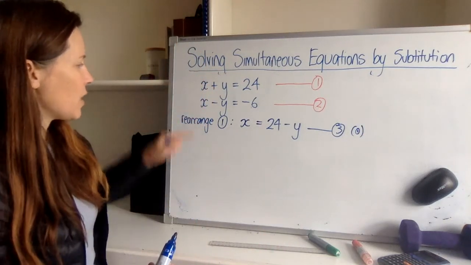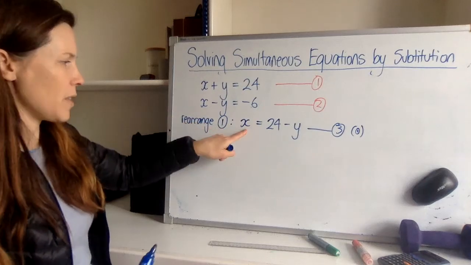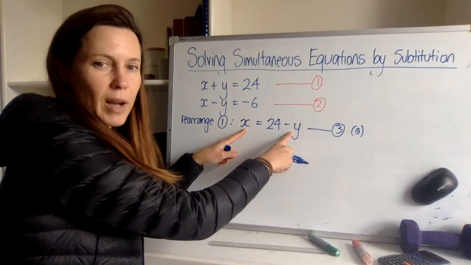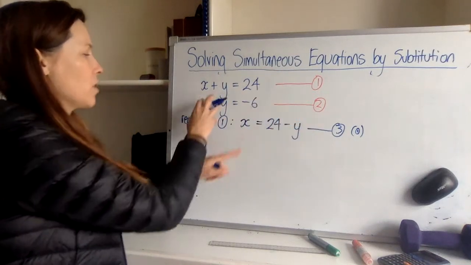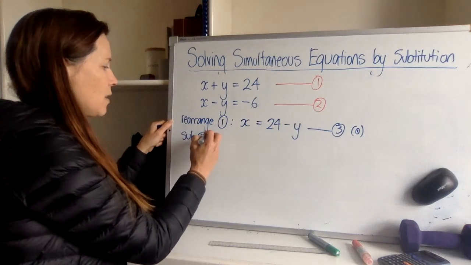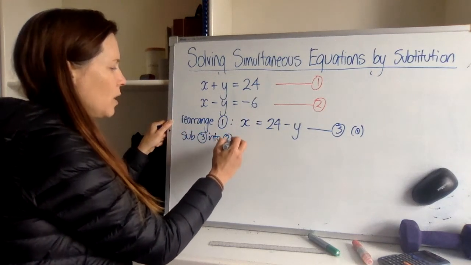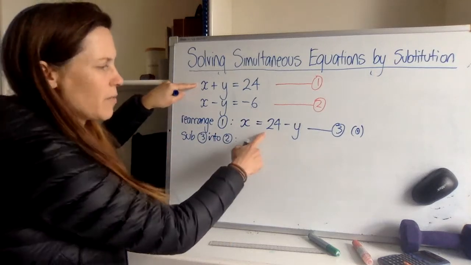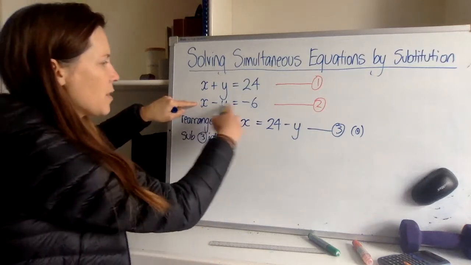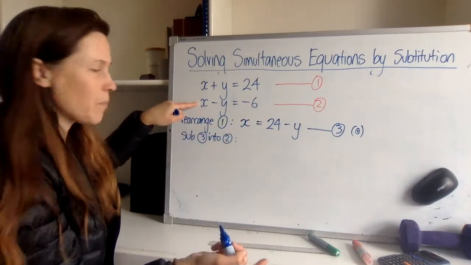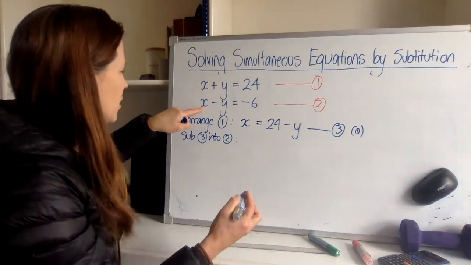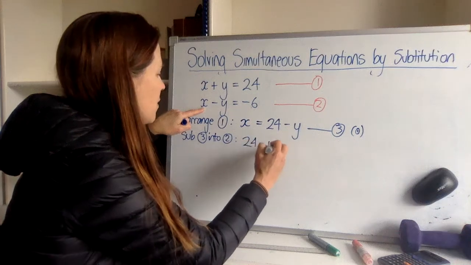Okay, so now I'm sort of working with these two equations. I've got the x by itself, so I can take what the x is equal to, 24 minus y, and sub that into the other equation, which will be this one. So I need to substitute equation 3 into equation 2. I can't substitute it into equation 1 because they're basically the same equation. That won't work. All right, so I'm going to rewrite this one, x minus y equals minus 6. But instead of writing x, I'm going to write 24 minus y. So I'll write 24 minus y